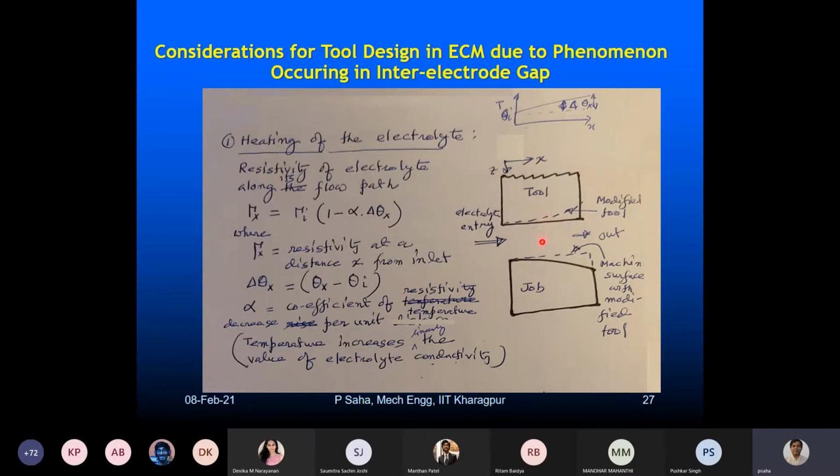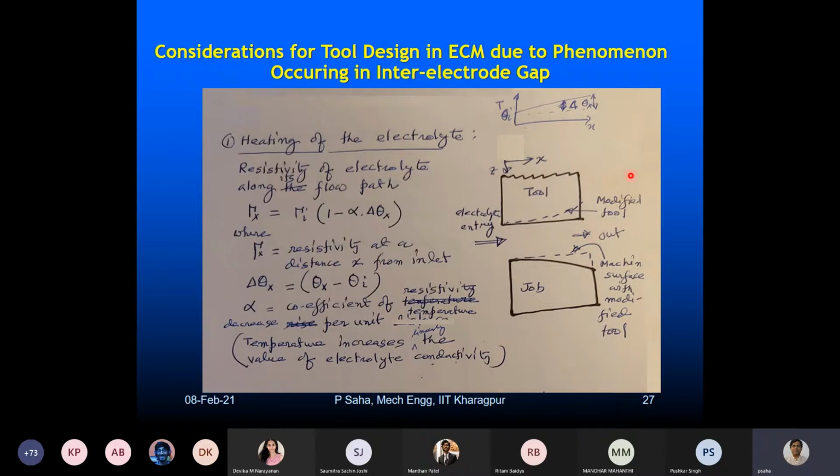So because of such a high current, there will be Joule heating. The electrolyte will get heated up. A lot of temperature rise occurs because of the associated resistance and high current. It will be proportional to I squared. So what will happen with time? This is the entry time, this is the exit time. It will take finite time. By the time, the entry temperature and exit temperature are two different temperatures.